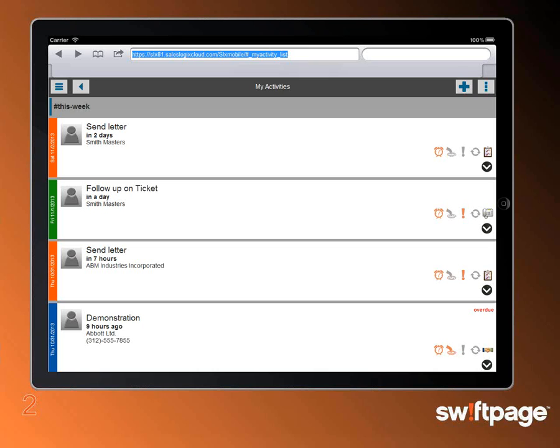emulator. And the first thing that you see when you log into the system is very purpose-driven right out of the box. You jump into an area that's called My Activities. And with My Activities, I can get a quick glance at what's going on in my inbox, if you will, for today or this week.